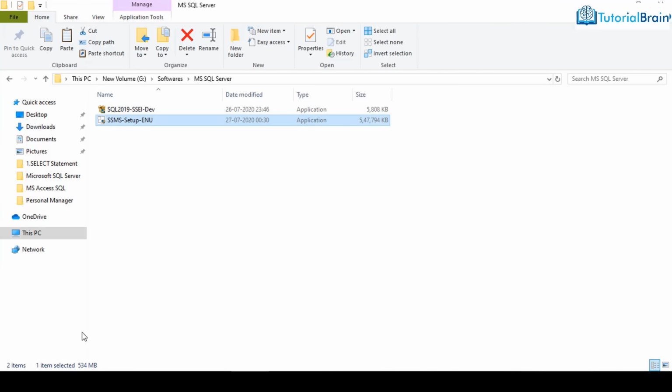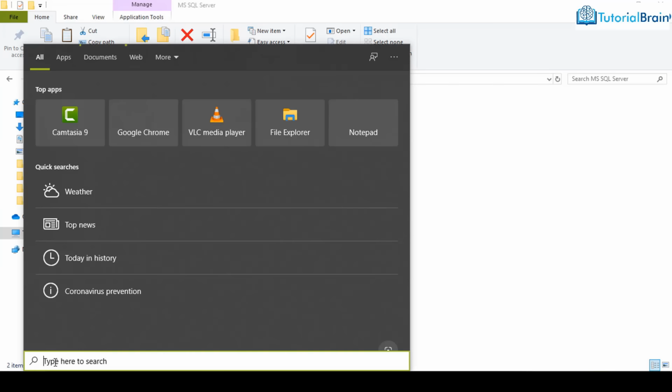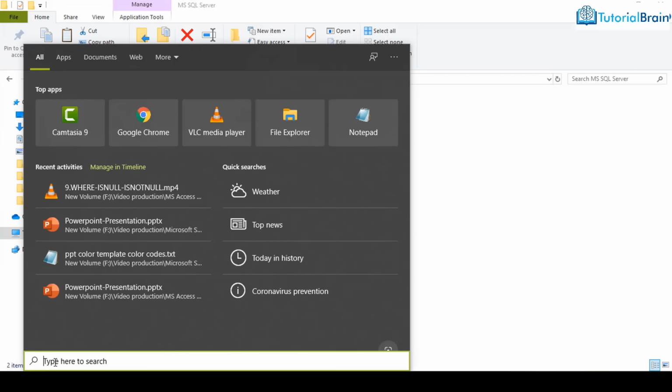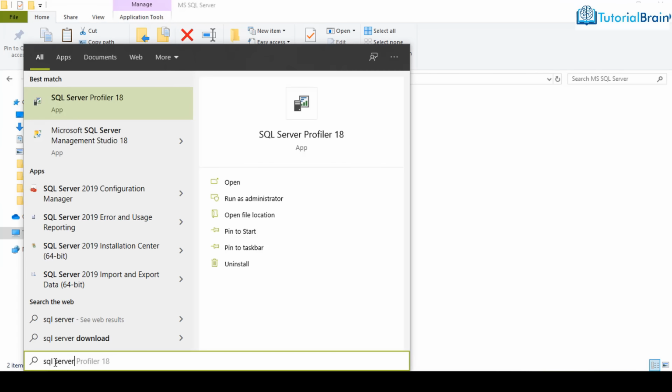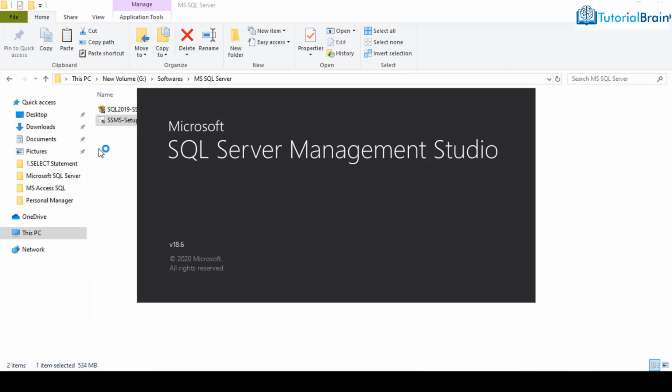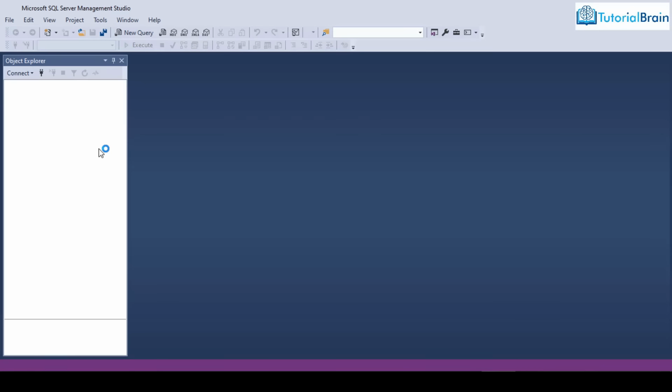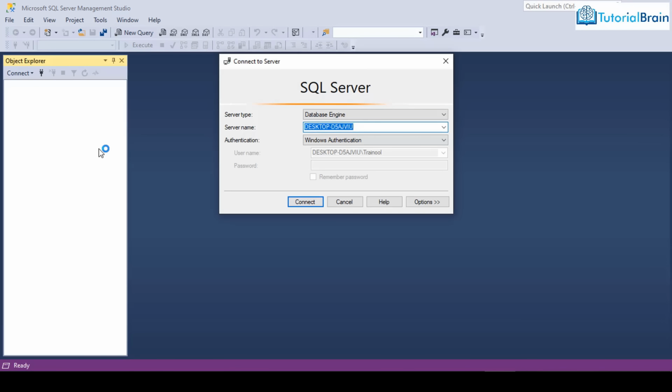Yes. And just go to a search in your computer and just search for SQL Server and you see that you get this particular link, that is Microsoft SQL Server Management Studio 18. So you just have to click here, that is click on this. So you see here you get this connect to server screen and here you have the server name, and in my case the server name is